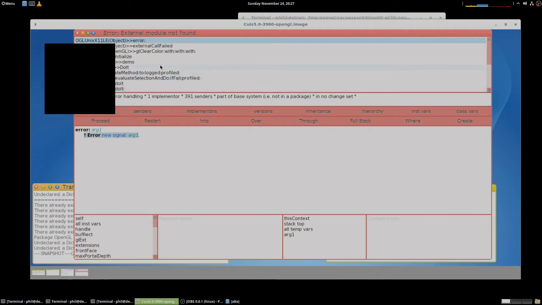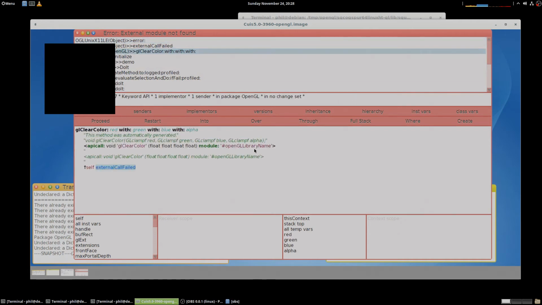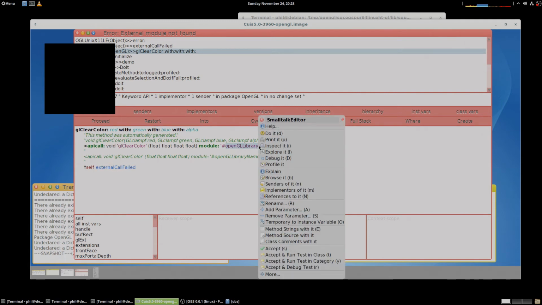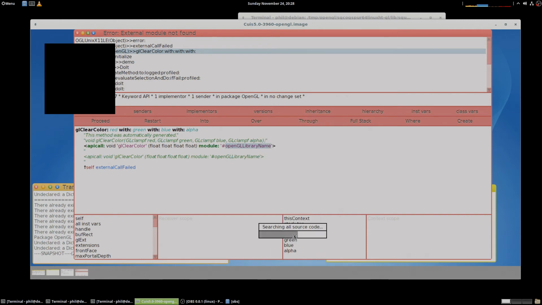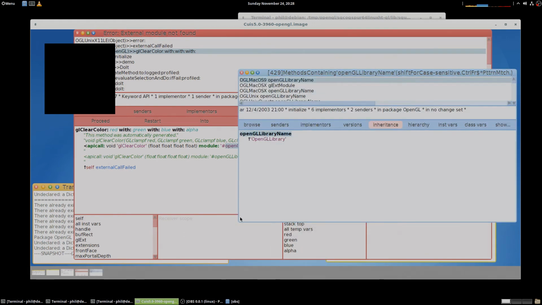Now, for OpenGL, this is a little bit tricky in terms of how the setup works, because it's multi-platform. So you'll see this module OpenGL library name, and that's basically a dummy name, because there isn't one value you can put in here and have it work on the Mac and have it work on Linux and have it work on Windows. So if we look for source with it, we'll see